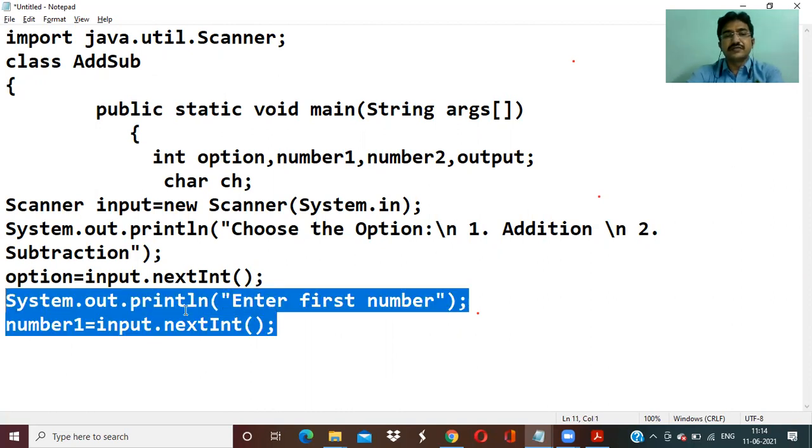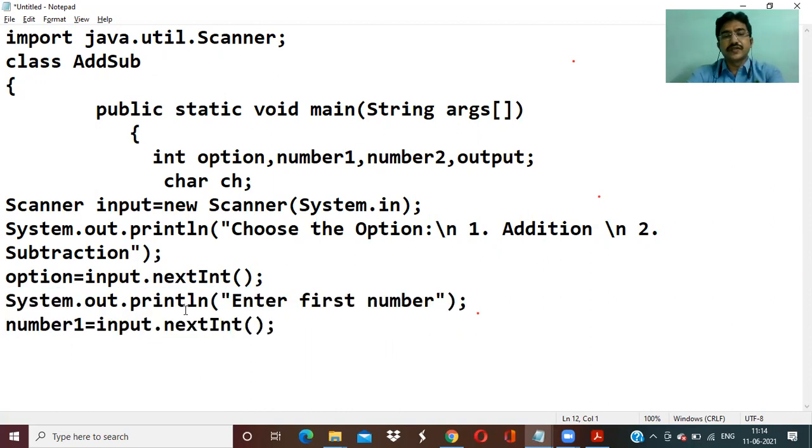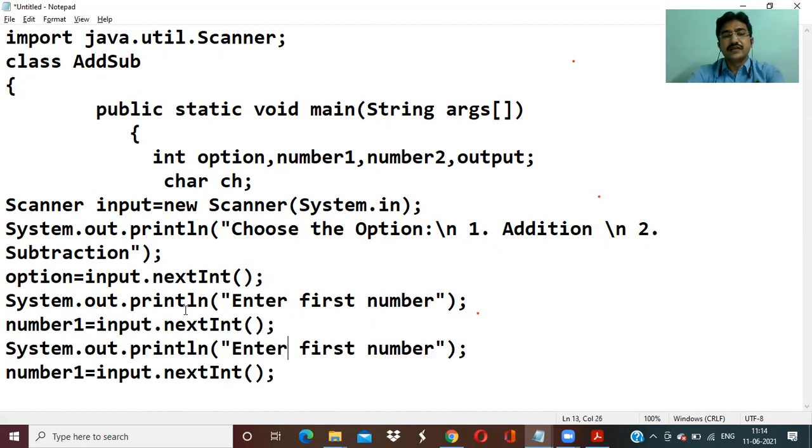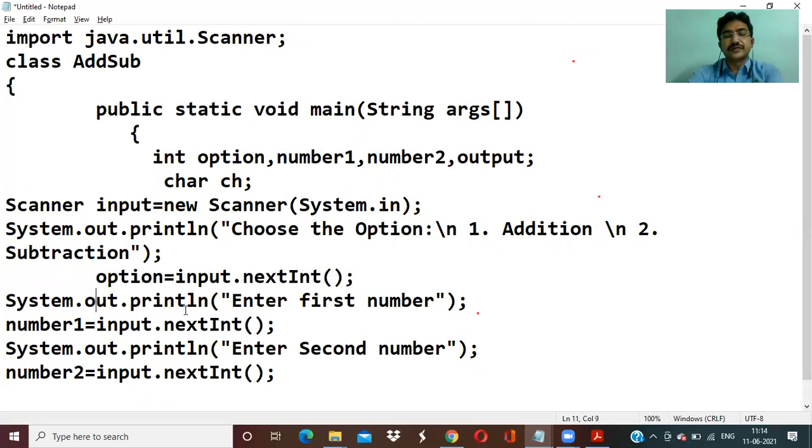This is the first number. Okay. Similarly, read the second number. So number2 equal to input.nextInt. Okay. Hope you are getting it.